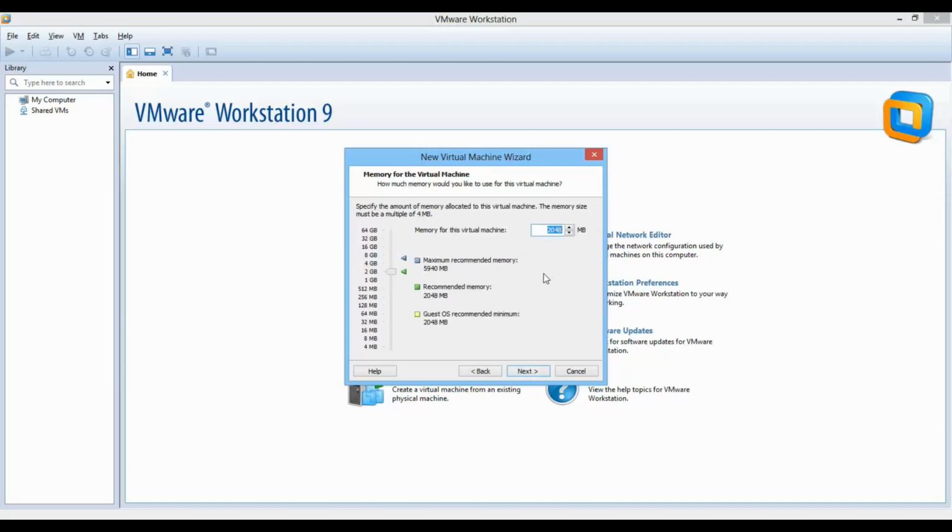Then we have to give the RAM. This is the virtual RAM for the ESX machine that we are configuring. So once we are configuring that ESX box, then we have to give some RAM, some network, some storage, everything virtual. We are creating it like a physical machine. I mean, it seems like your physical machine.